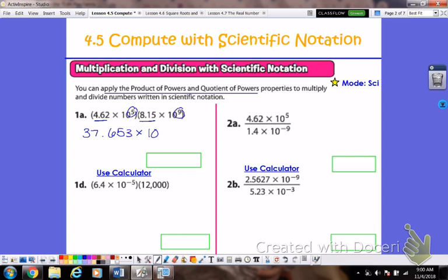We have the same base. Remember our product of powers rule, that means we can add the exponents. So 5 plus 9 gives us 10 to the 14th. Now, however, we want to go back and check. We see that our decimal point is not in the right spot. For scientific notation, we need to move it back 1 so that we get